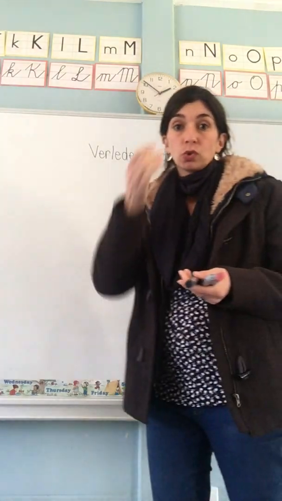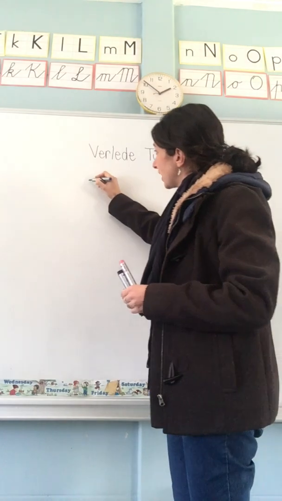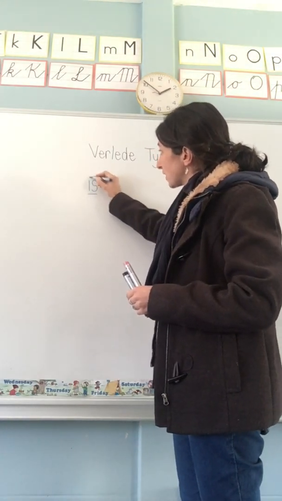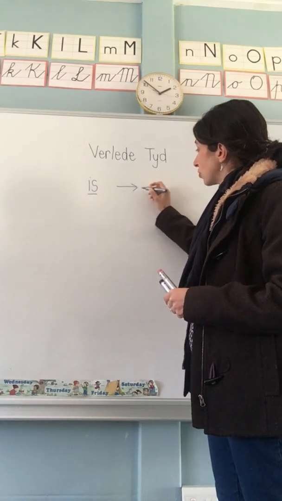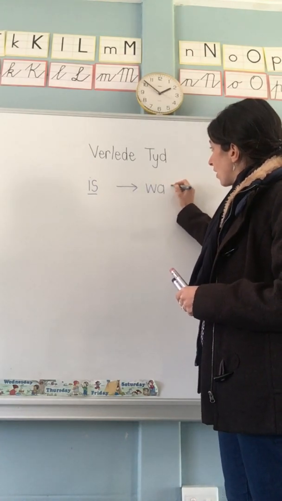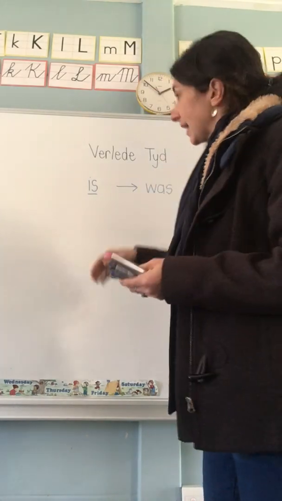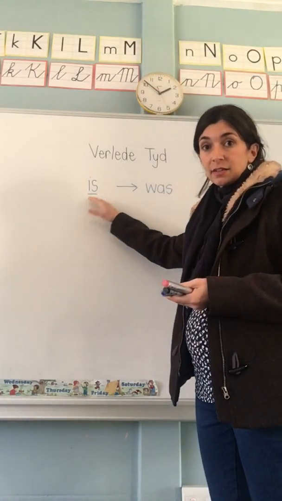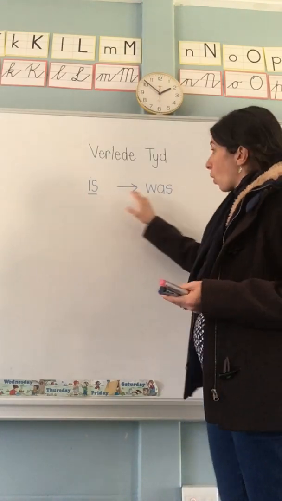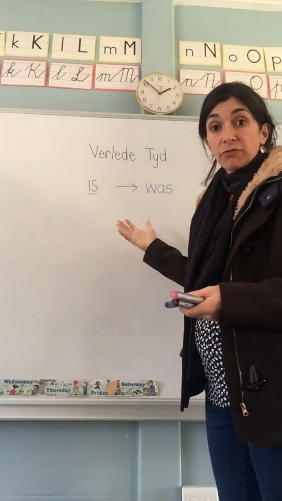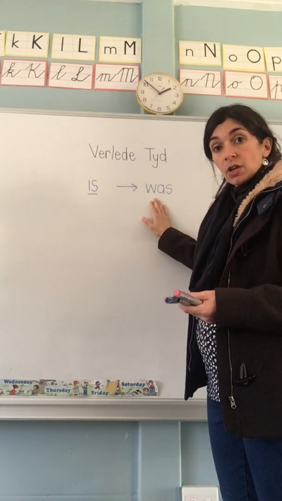Now there's some rules. Now the rules are, if you see the word "is" in your sentence, "is" needs to change into "was". Now, it's quite easy to remember because in English, is, was. So is, it's happening now. Was, it happened in the past. The same with Afrikaans. Is, you turn it to was. For example,